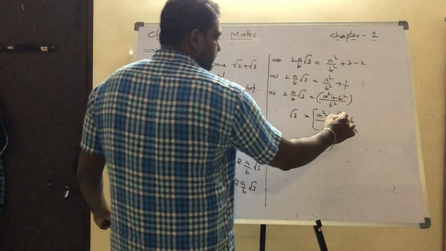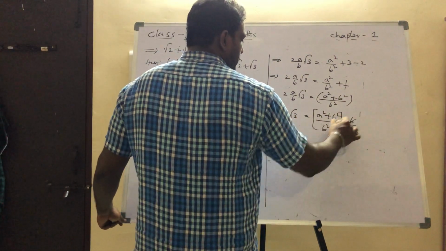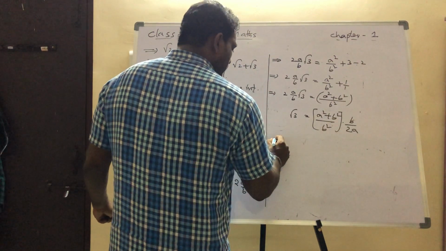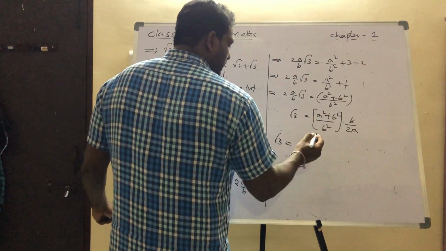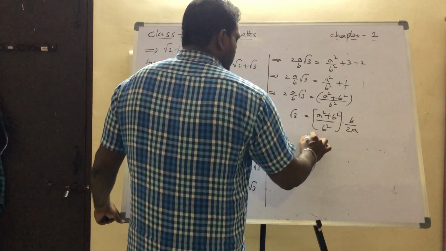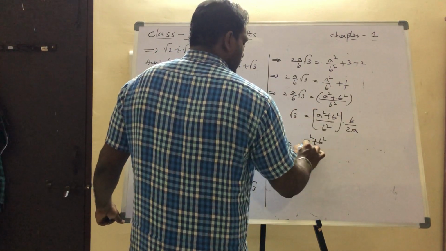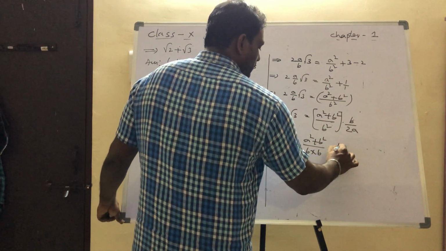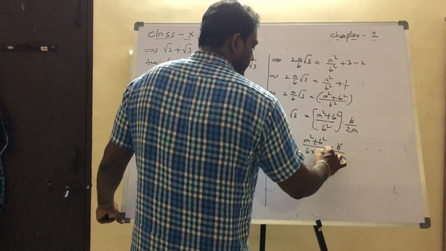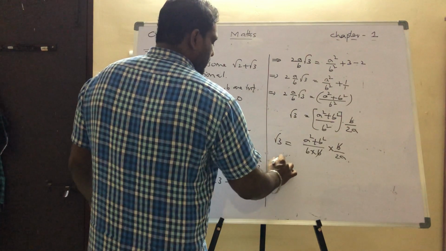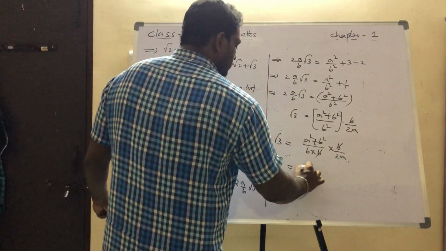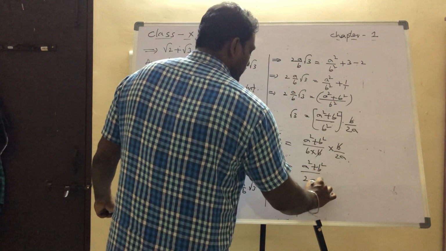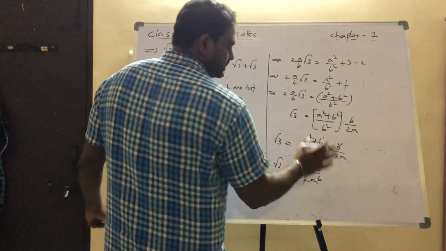Look at this. Next point is this b and b square. B square can be written as b into b. So I'm simplifying it more, not doing it directly. That means a square plus b square by b into b into b by 2a. So b gets cancelled. At last, what I'll get is root 3 is equal to a square plus b square by 2ab. b into 2a is 2ab.